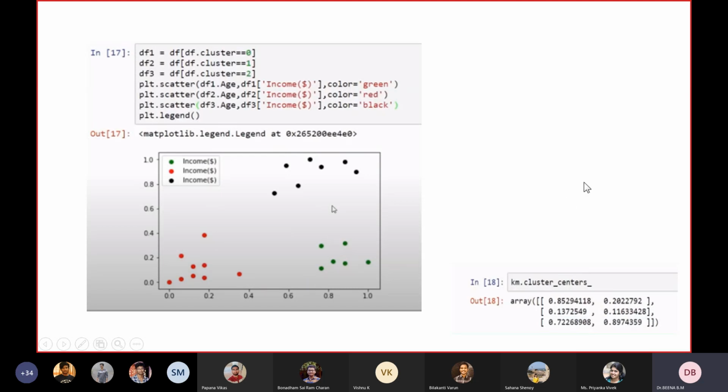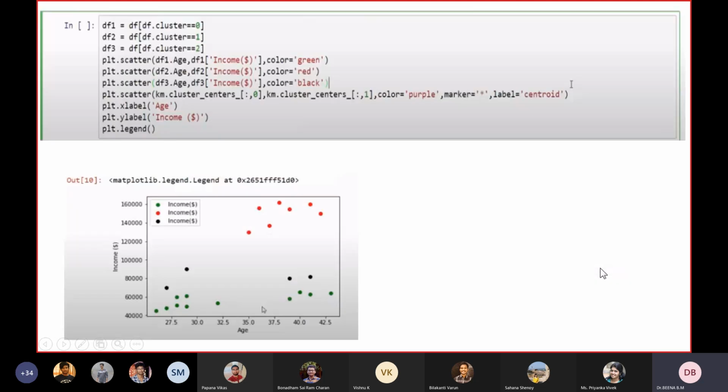Next, to identify the central points of these clusters, call the km object's cluster_centers_ attribute to find the centers of the clusters.